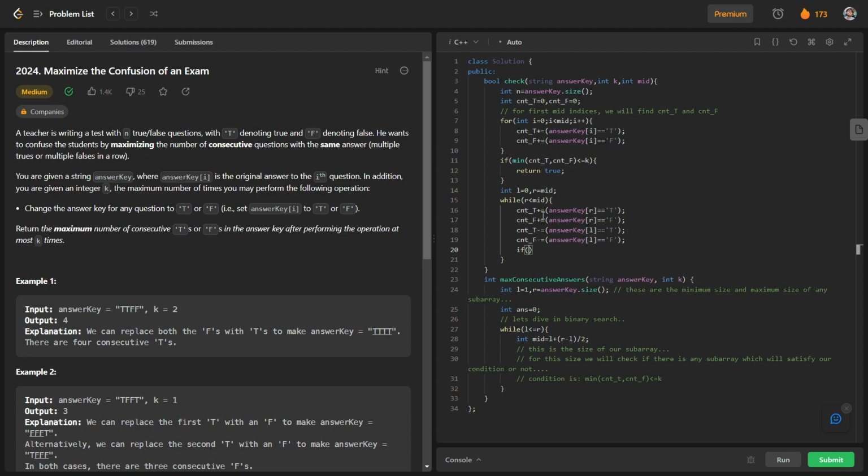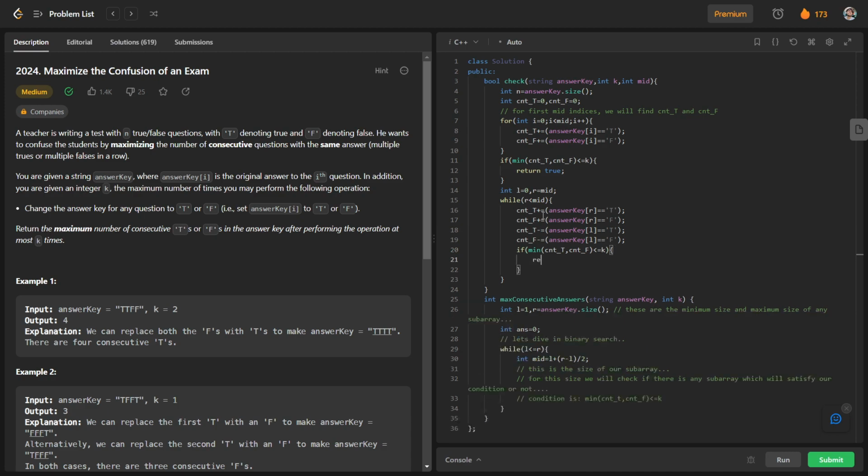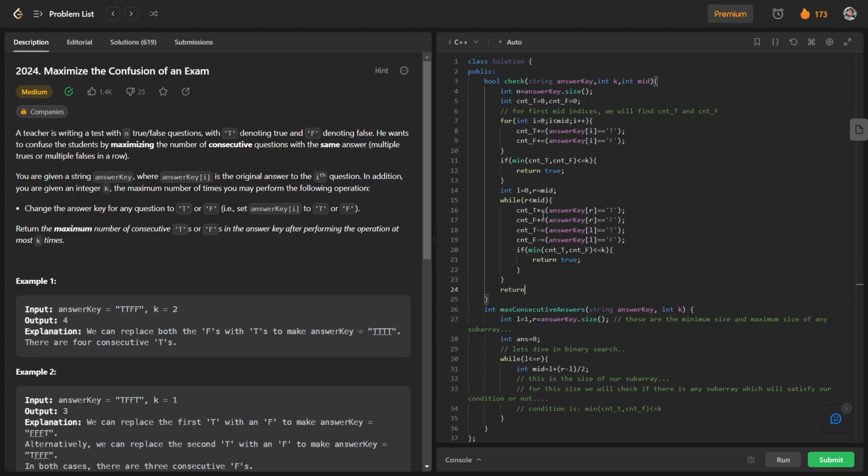Again we will check: if the minimum of count t and count f at any point is less than or equal to k, we will return true. Otherwise we will return false.